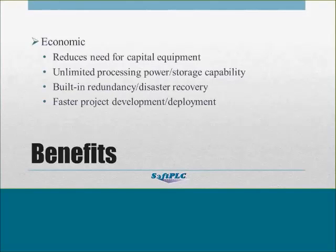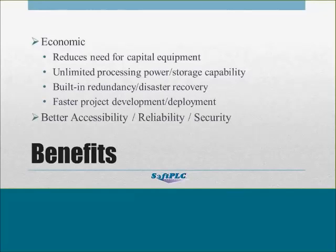And the other benefit of cloud-based computing is faster deployment and development because a lot of the base functionality is there. You don't have to build it from scratch. Because, again, it doesn't matter where this stuff is, everybody has access, whether they're traveling, whether they're at home, in the office. You've got built-in reliability and a lot of security because of the way you've got experts setting up these subnets and other cloud-type